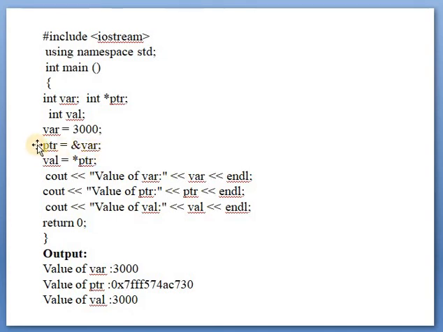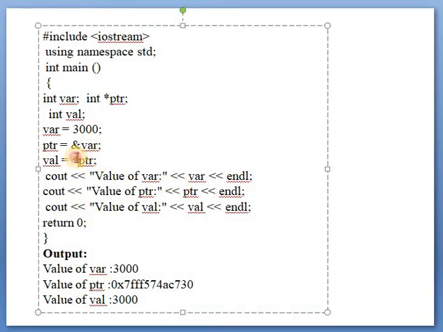See here what this statement indicates: var is this variable, and &var means the address of this variable is stored into that ptr. Now this ptr contains the address of the variable. Now value equal to *ptr means, see here, in the ptr, hide this asterisk, only this ptr has the address of the variable, and this star means the actual value which is stored at that address. So the value, that is 3000, is stored into the value variable.